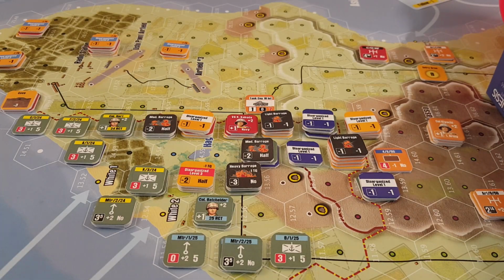Hello and welcome to the 1500 3 p.m. turn of Compass Games' Tinian: The Forgotten Battle by Ross Mortel, for Scenario 1, Jig Day. Okay,